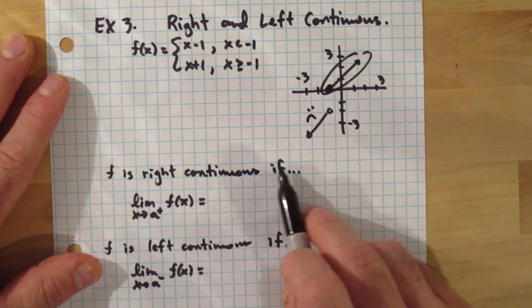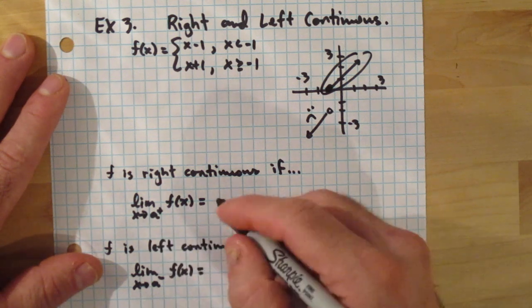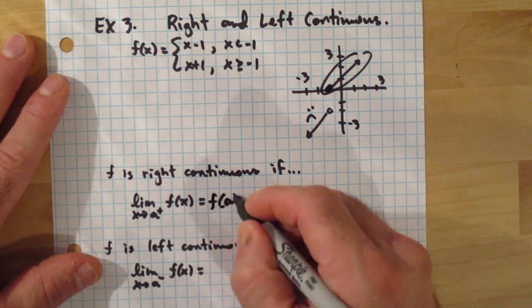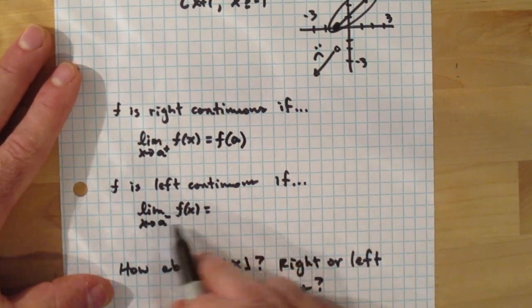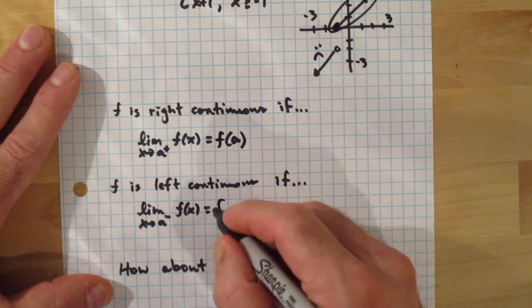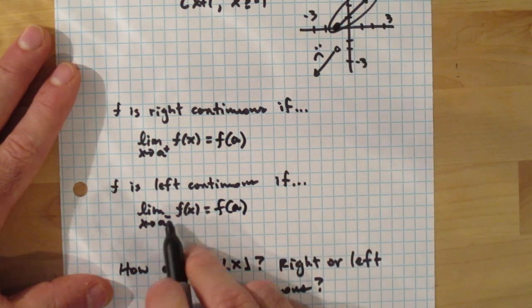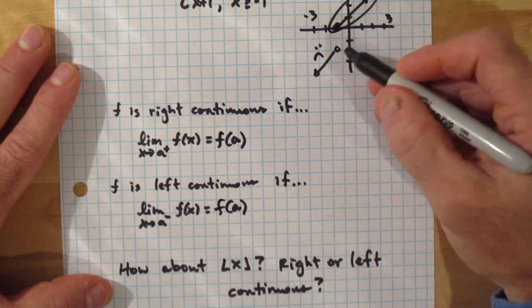So f is right continuous if the limit as x approaches a from the right of f of x equals f of a. And the same thing is true on the left side. Of course, we have an exception to this. This does not work in this particular example because this is not true, right? The limit as we approach a from the left of f of x in this case is not equal to